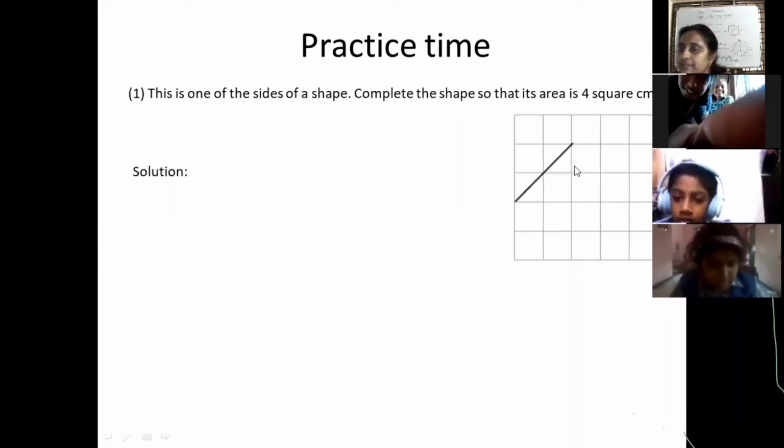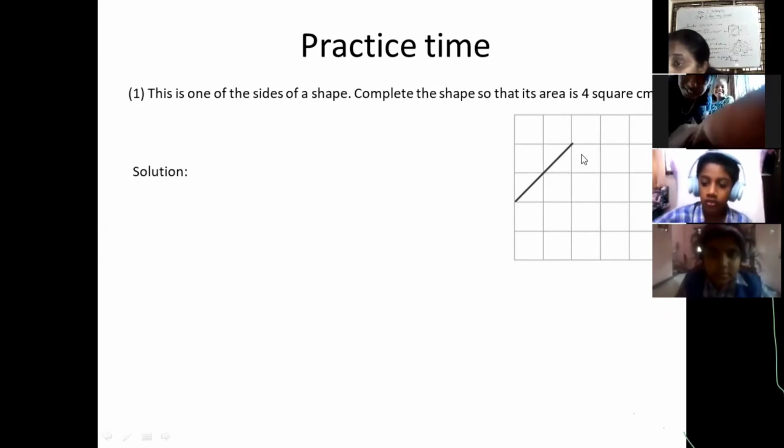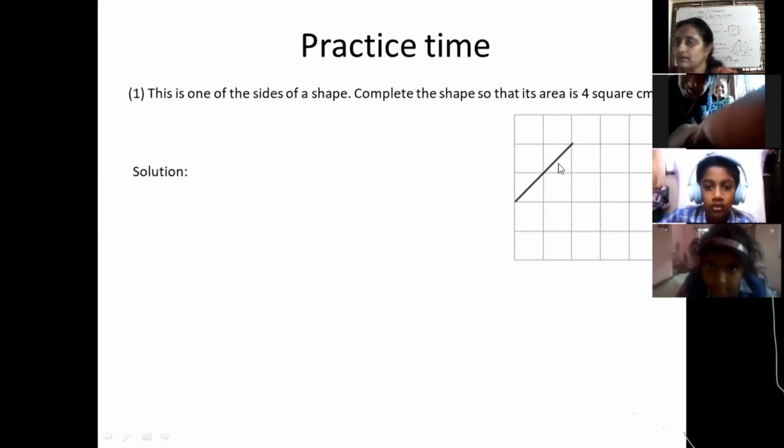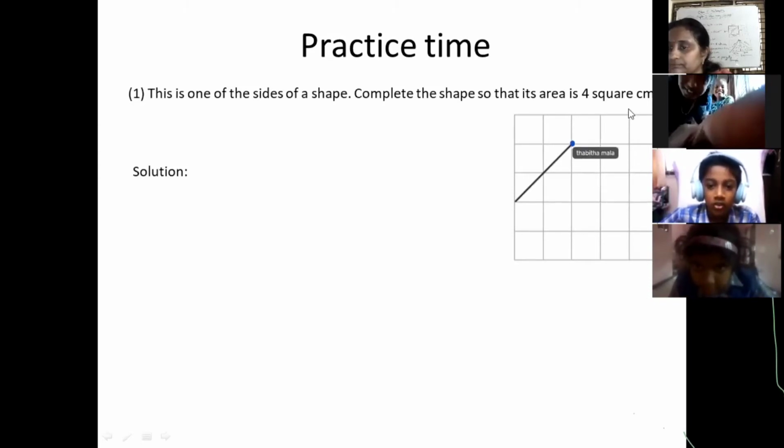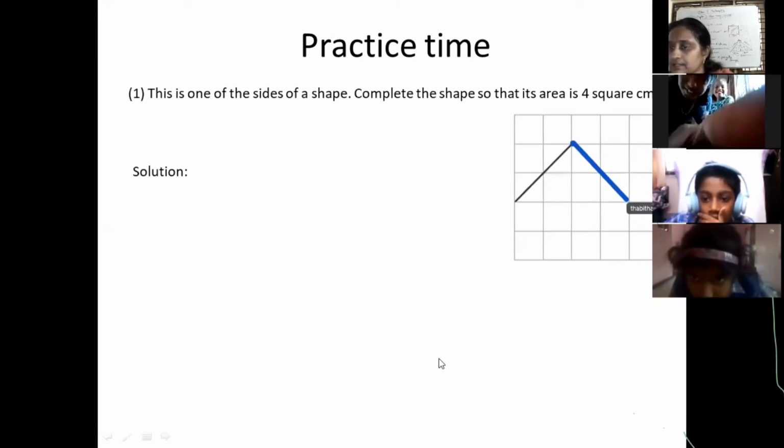The one side of the shape is given for us. We have to draw. Ma'am, another, Pratulhari, can I do? Yeah, do it. Teacher, we can make it a triangle. Yes, very good. Do it, ma. You can draw, I think so. I will give access to you. You can draw. Try to draw this. Try to complete this, Samhita, here. It's not showing. I am saying to Samhita to complete the figure. Yes, very good. And one more shape, one more side.